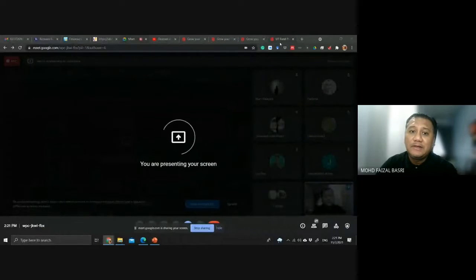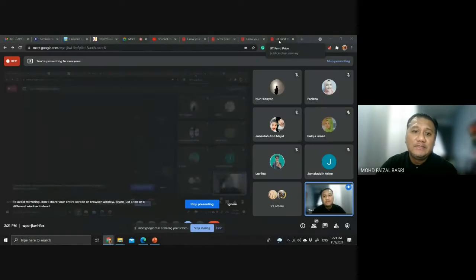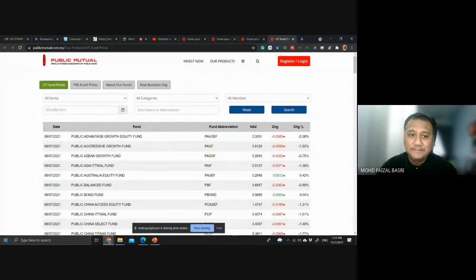Okay, maybe ni contoh sajalah, let me see. Cuma kita tak nampak in detail, tapi I can agak dia punya exposure tu, the types tu sekejap. Ni baru satu company yang I share with you ni. This is just one company, for Public Mutual contohnya. This is the prices dia lah, harga-harga dia.